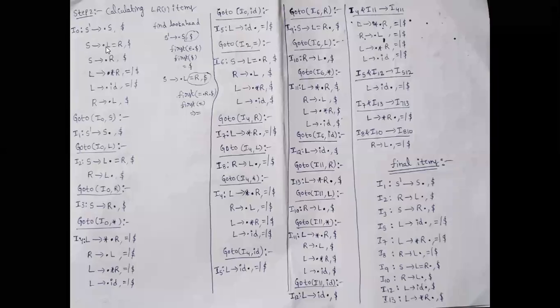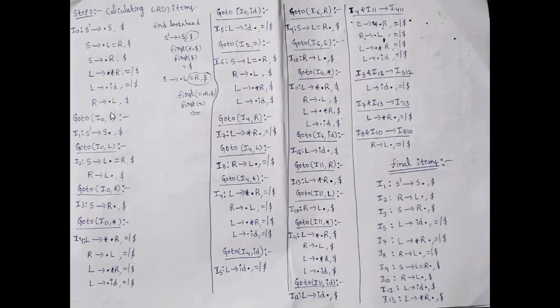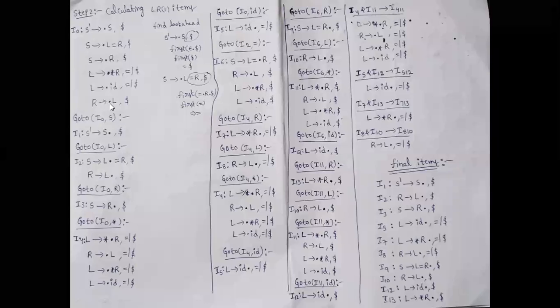Then we apply goto of I naught comma L. So in this, after the dot we have capital L. How many productions are there with capital L after the dot? We have two productions, one here and another here. So we have to apply goto on these two productions. Then